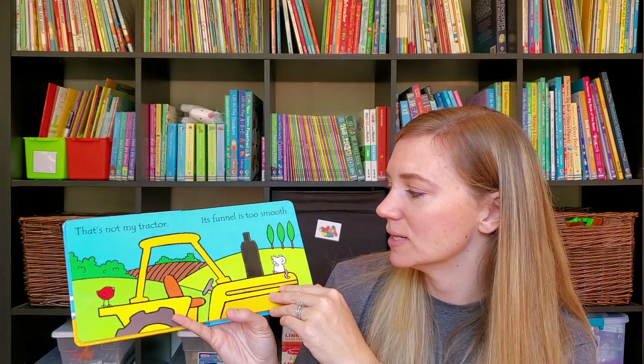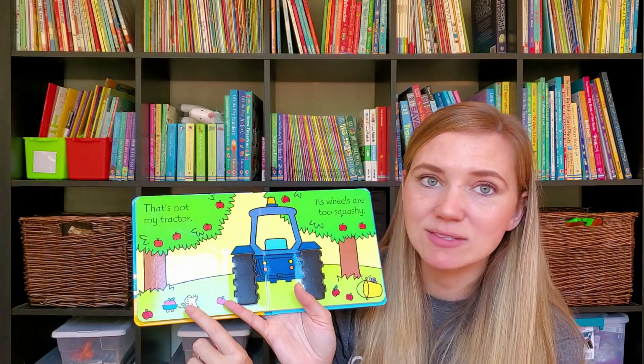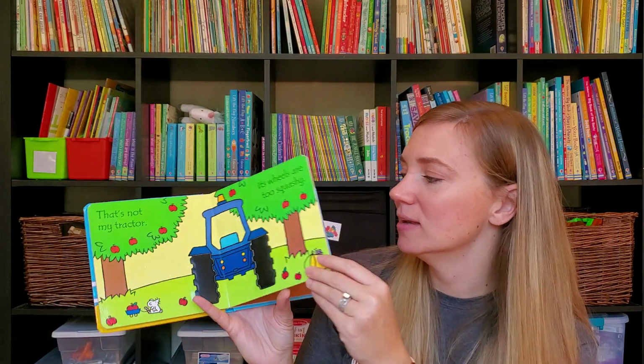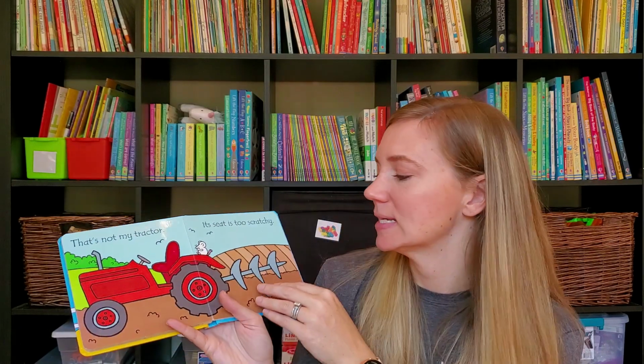and then you can feel the different Touchy Feely that goes along with it, the squashy wheels. There's a mouse on every page that you can look to find. And this was his favorite one, the scratchy seat. But he is